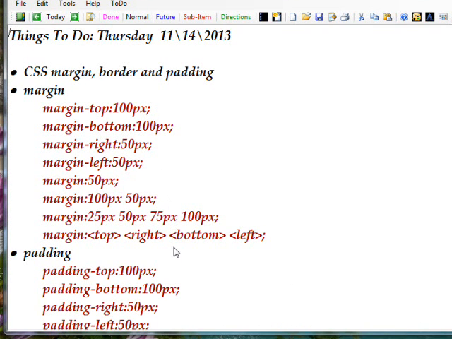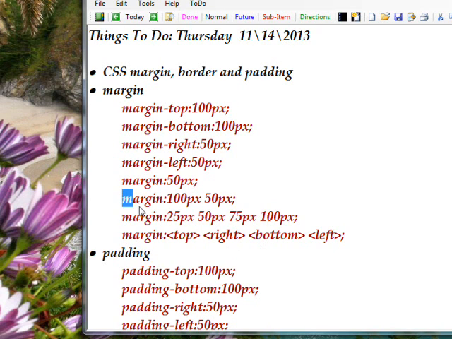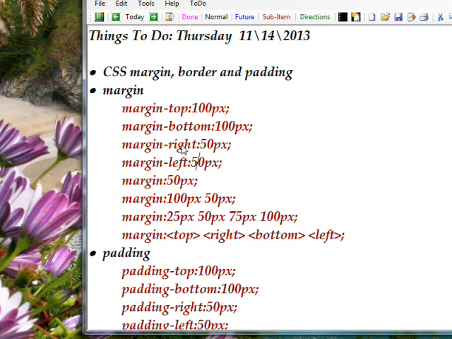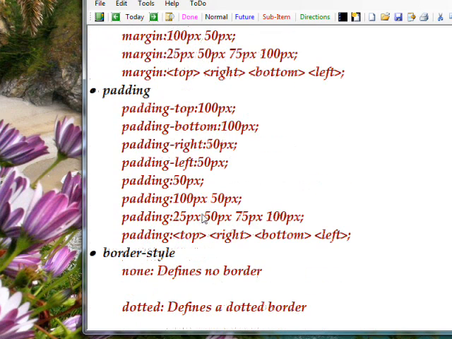I should warn you at this point, there's a ton of different parameters in this subject, margin, border, and padding, mainly because you can specify margin with shorthand values like we discussed before, like these three, where you have one parameter that represents all four dimensions, a second parameter that represents top and bottom and left and right, or specify top, right, bottom, and left explicitly. And then you can also have qualified